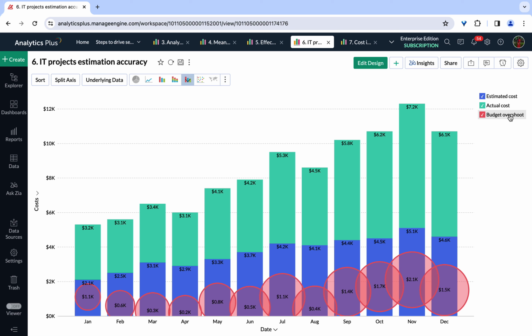So IT leaders can keep a close eye on this analysis to track the efficiency of project cost estimates and ensure project managers fine-tune cost calculations, arrive at accurate estimates, and overcome last-minute expenses. So this analysis effectively refines and streamlines the project planning stage. So let's look at a way to ensure these IT projects are completed on time to avoid delays and incurring